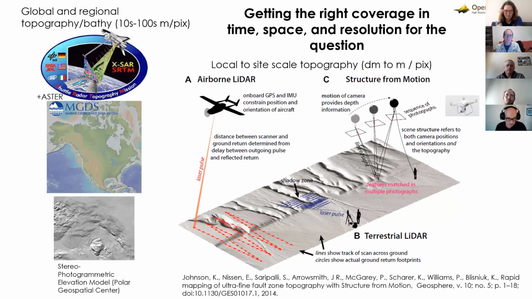Many of you probably know this pretty well, but a lot of times one of our fundamental data sets is going to be remotely sensed data, either topography or imagery, or one feeding the other. A key issue is the resolution of the data. We often say how many meters per pixel. Regional data are tens to hundreds of meters per pixel, but what we want to use in our work is the local to site scale, where we have decimeter to meter per pixel, or sometimes we say sub-meter